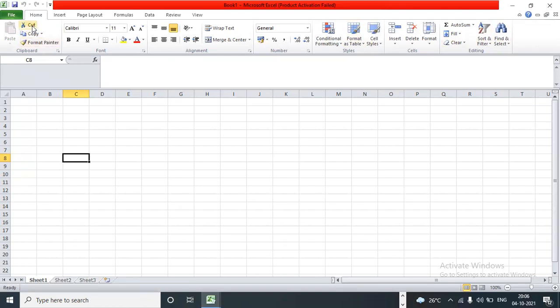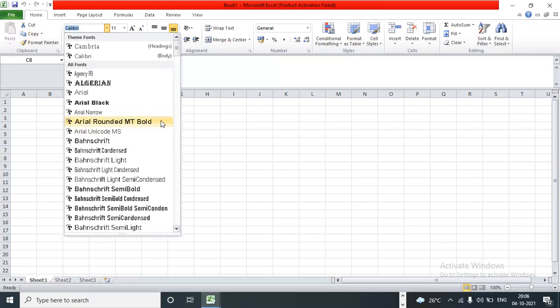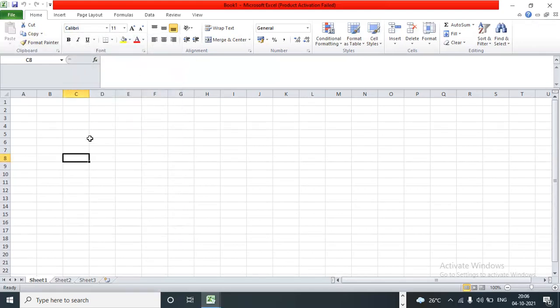Here you can cut the data, copy the data, use format painter, and change the font with the help of multiple backgrounds. We'll come to each and everything. Now, can you see some spreadsheets over here? Sheet 1, sheet 3.